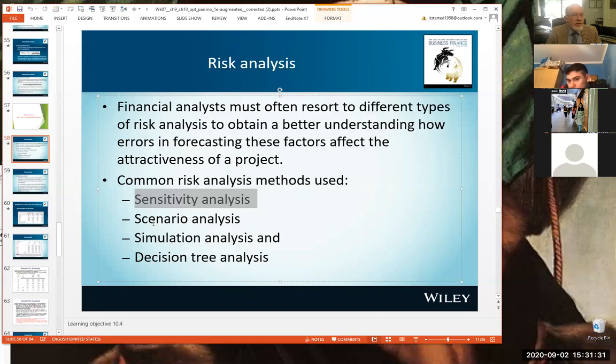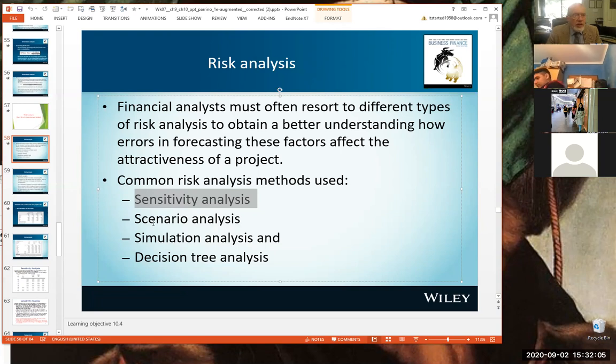Is it going to be very sensitive to changes in local government rates? Okay, local government rates might cost me $1,000 a year. Maybe if the council gets really aggressive, they might go up to $1,050. Or maybe they might only go down to $990, whatever. Is that going to make or break my investment? How much of an effect is it going to have on the net present value? Well, a change in local government rates is probably not going to make a big difference, but a change in rent can make a huge difference, right?